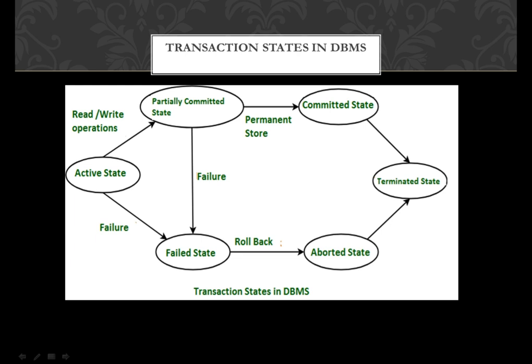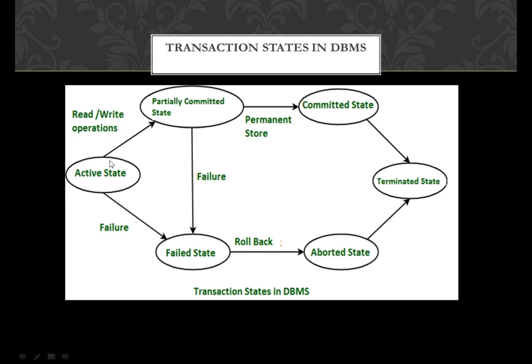Here in the diagram there are many states. First is the active state, partially committed state, committed state and terminated state, and we also have the failed state and abort state. All these states or the execution we see serially. First is the active state. A particular transaction is in an active state, then whenever a particular transaction is done, read and write operations